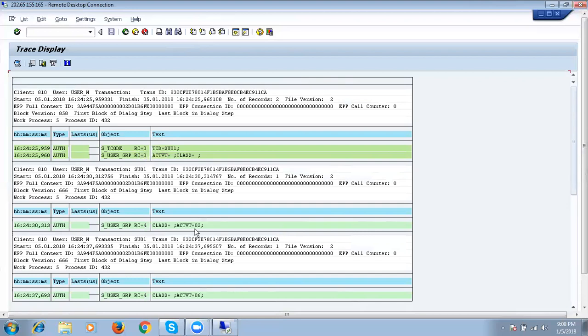Next, he went to activity 02. That means he tried to change the user ID. 02 means change. For that, return code RC is equal to 4. So if the return code is equal to 0, that is successful. If return code is greater than 0, that is an error, that is missing authorization. So 02 is one missing authorization.